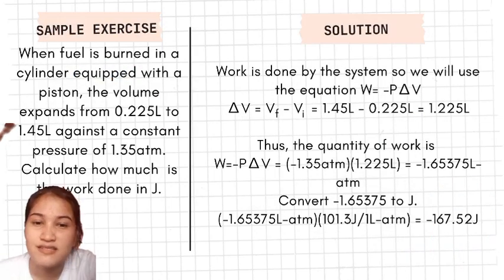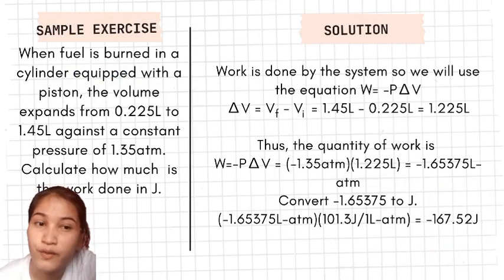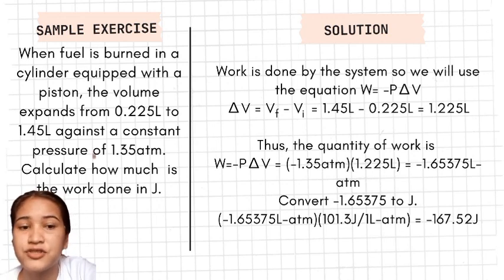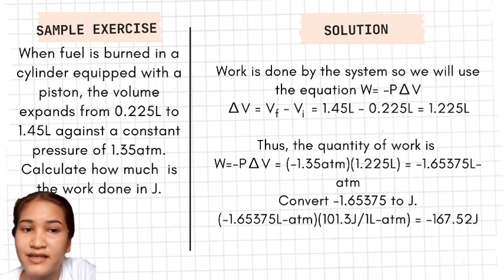In this sample exercise, we are going to use the formula work is equal to negative P delta V. Let's first compute for delta V. Final volume is 1.45 liters minus the initial volume 0.225 liters. We have the delta V, which is 1.225 liters. Substituting values to our formula for work, we have negative 1.35 atmospheres times 1.225 liters. We have negative